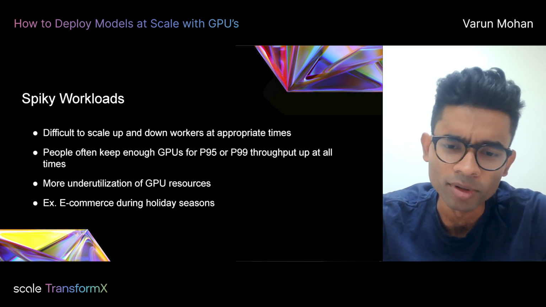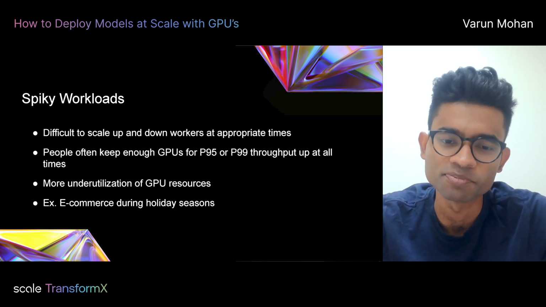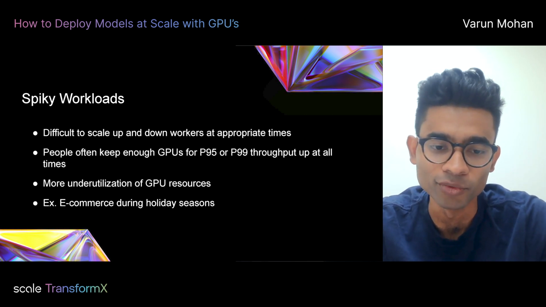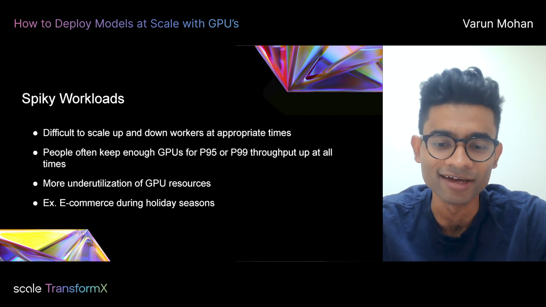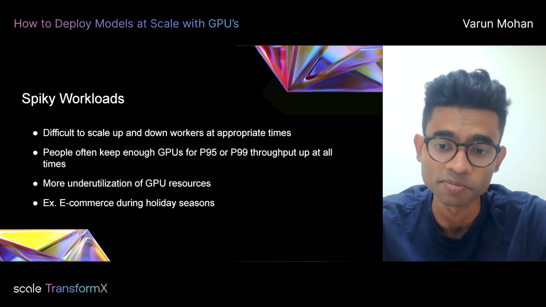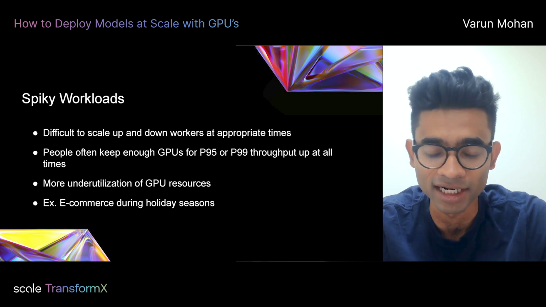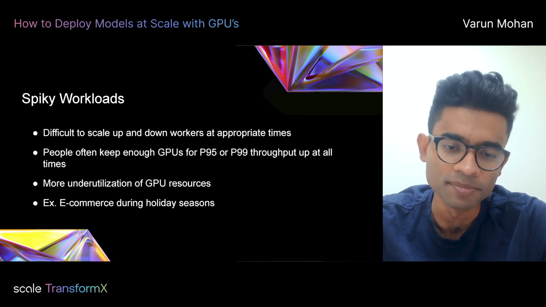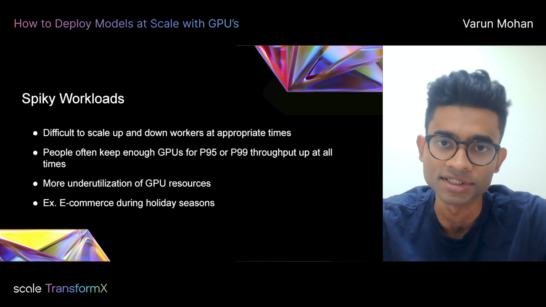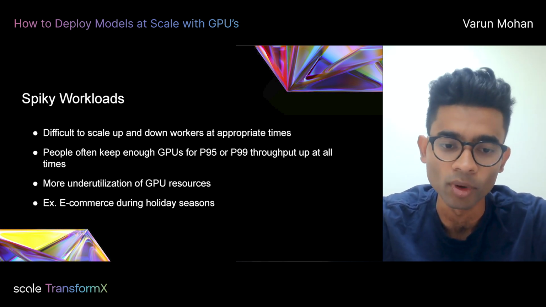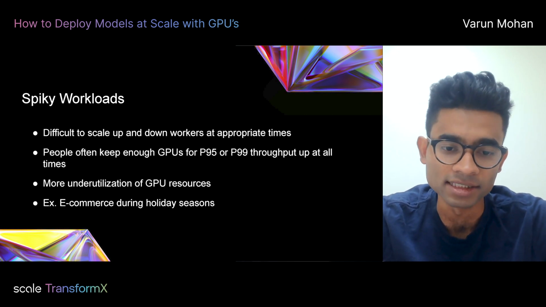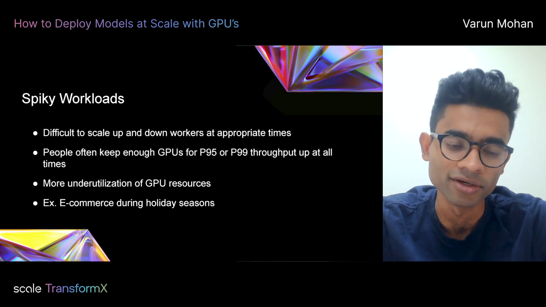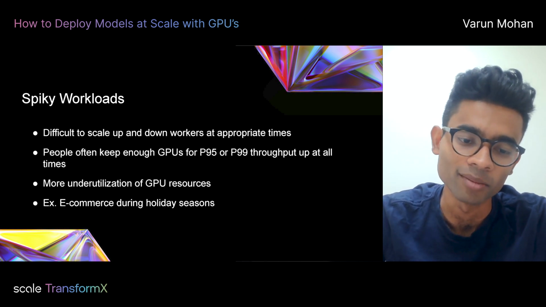Another maybe problem that a lot of companies face is spiky workloads. If you have a very spiky workload, you want to keep P95, P99 latency as low as possible. So you allocate machines based on the P95, P99. And in general, people view GPUs as maybe a little harder to scale compared to CPUs, where people feel like there's way more capacity. What you end up getting is a case where you over provision the number of GPUs by a good deal. Classic example is, let's say, e-commerce during the holiday season.